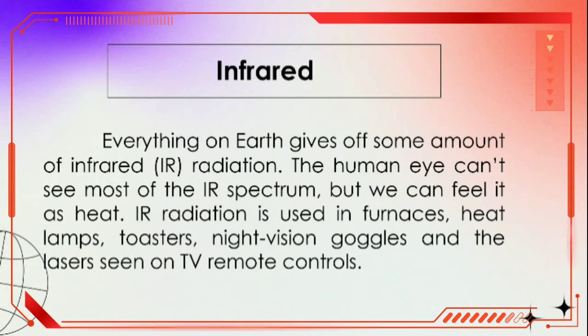IR radiation from the sun is normally absorbed by Earth's surface and the clouds, then released as heat into the atmosphere. When the atmosphere has a lot of water vapor, along with nitrogen, sulfur, and fluorocarbons, the IR radiation gets trapped and causes atmospheric temperatures to rise. This is called the greenhouse effect. Temperature increases like this cause changes in the weather patterns on Earth and lead to climate change.